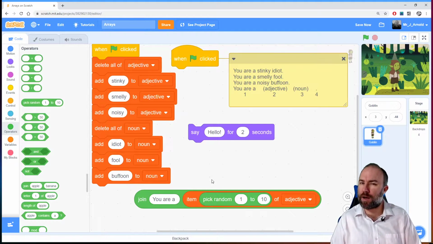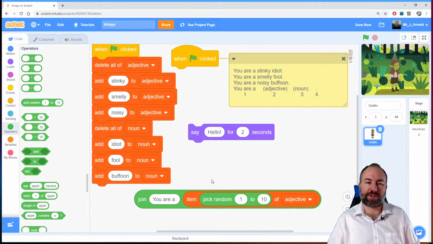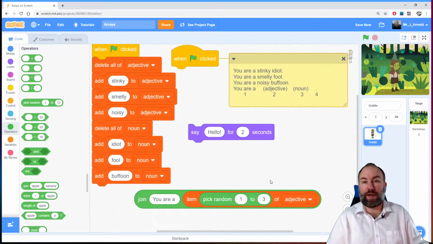But hang on, that can't be right. A number between 1 and 10. Well, there are only 3 items in our adjective array. Okay, well, we could then simply change this number here to a 3. Well, that would work, but it's not good programming. Because the problem is that, yes, we only have 3 items in our adjectives array now, but we're probably going